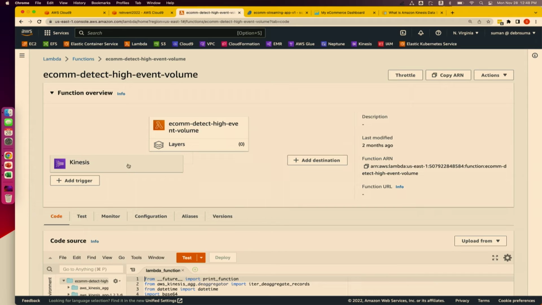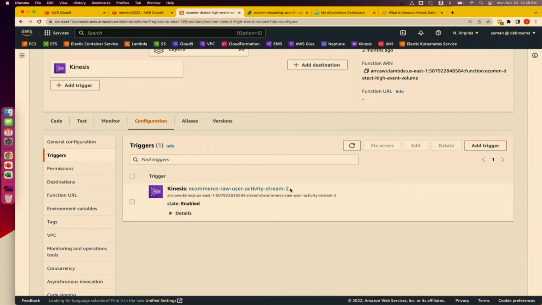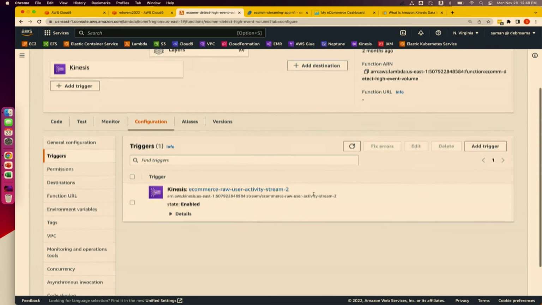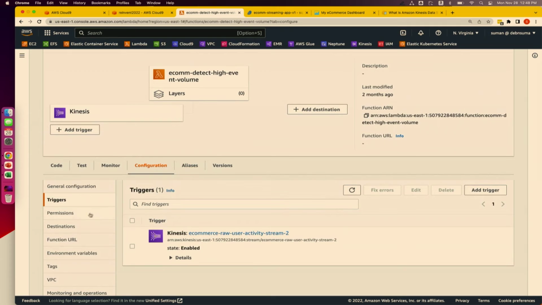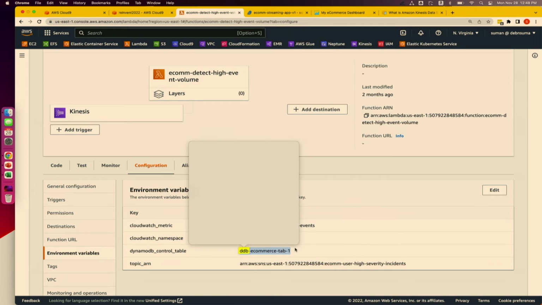Can anyone guess, should this trigger be from stream 1 or stream 2? Stream 2? Yes, that's correct. If you see this, the trigger is actually coming from stream 2, because this is where we will have all these fraudulent users' details. Now, I have also created a DynamoDB table, and that is there in this environment variable, right?